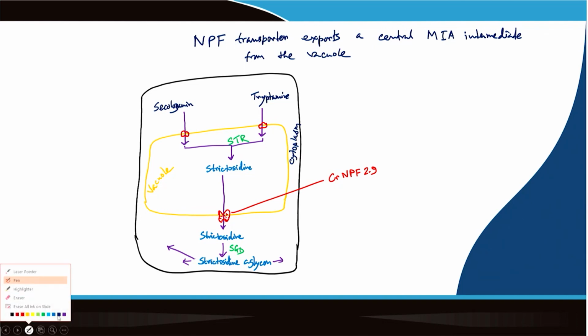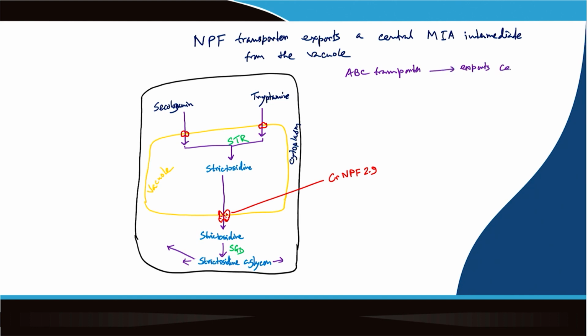One was an ABC transporter, and that exports catharanthine into the cell surface, and the second one is basically a proton driven antiporter which transports vindoline and catharanthine into the vacuole